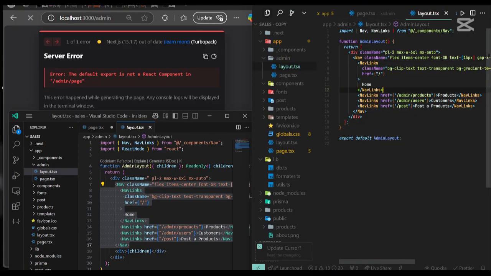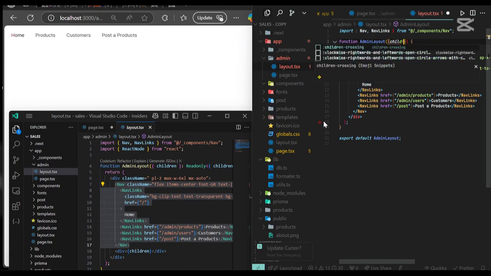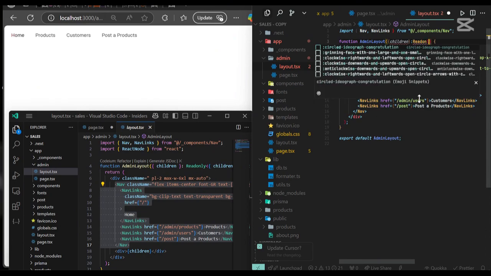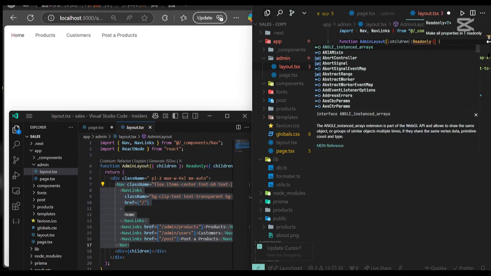So here we have to accept some props, which is going to be children, and also down here we have to say readonly from, and we need to import some stuff from